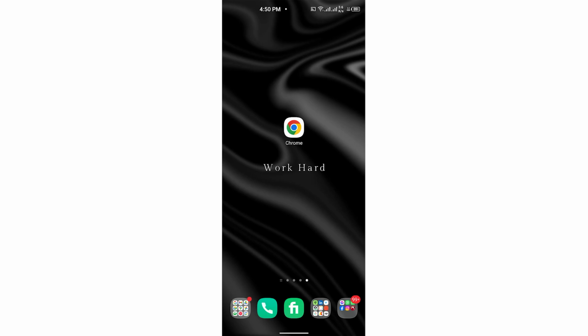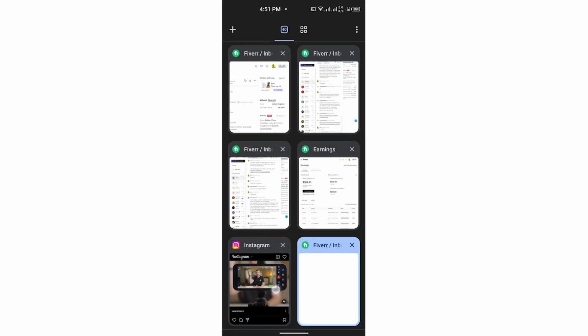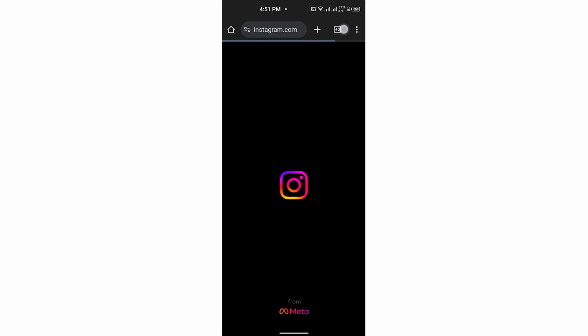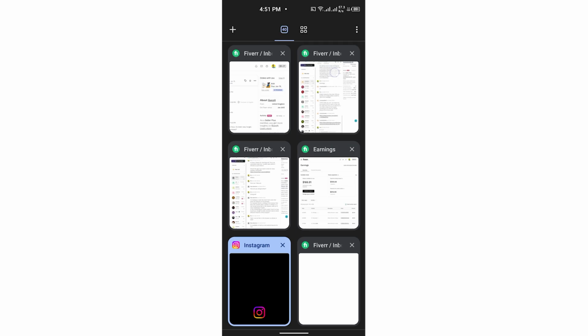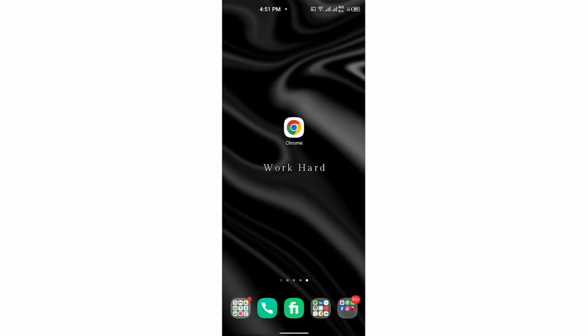First of all, let's just assume that you're getting this kind of error on your Google Chrome and you're not able to surf your browsers or maybe different kinds of tabs that you're trying to open. That could sometimes be a very annoying issue, and for that what I suggest is simply heading over to